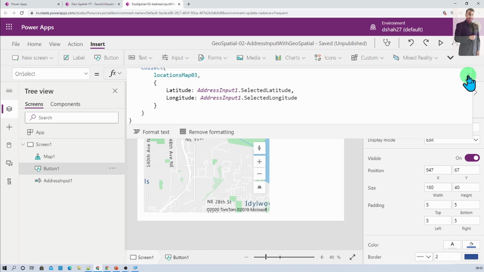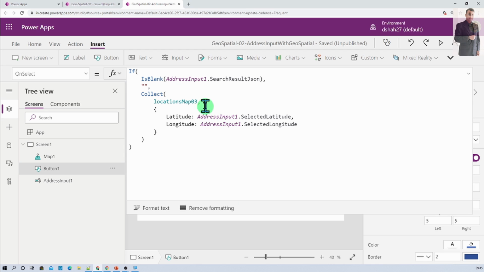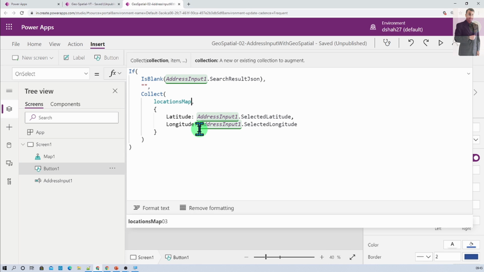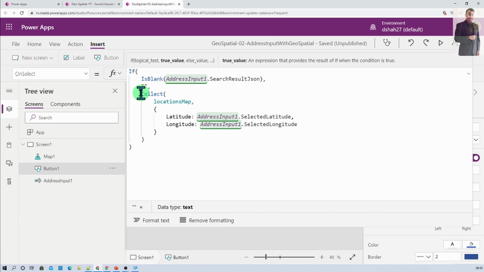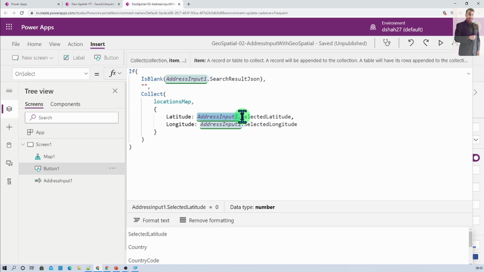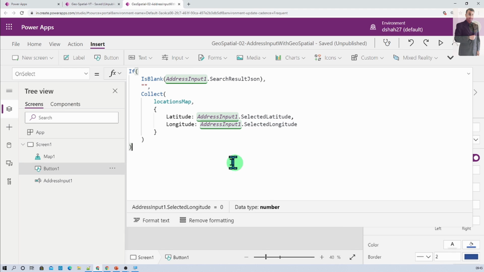Basically, I am going to prepare a collection called location map, and in that I am going to have latitude and longitude values. If the address input's value is blank, then I just want to make it blank. Otherwise, Collect will collect all the locations. So in location map we have latitude and longitude columns, and we are setting the values from AddressInput1.SelectedLatitude and AddressInput1.SelectedLongitude.